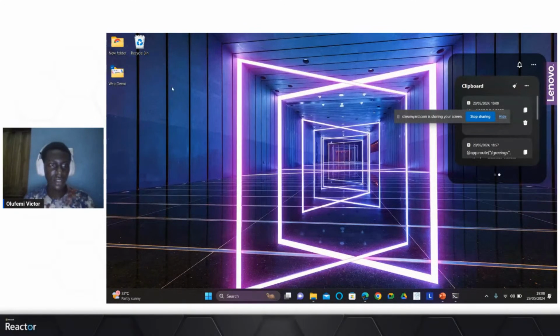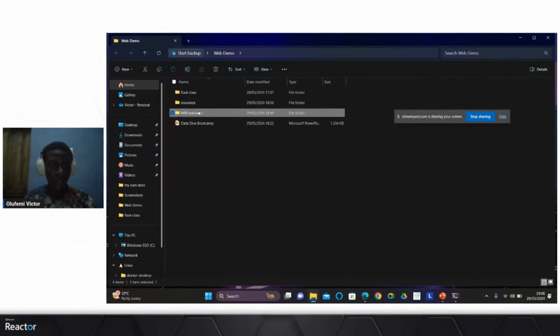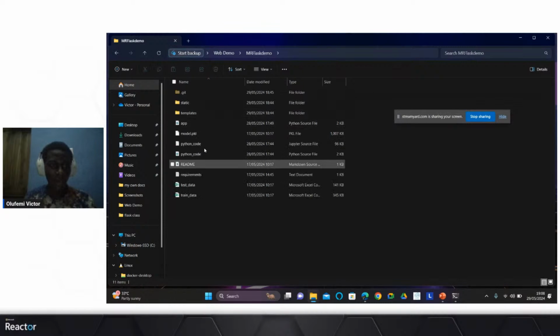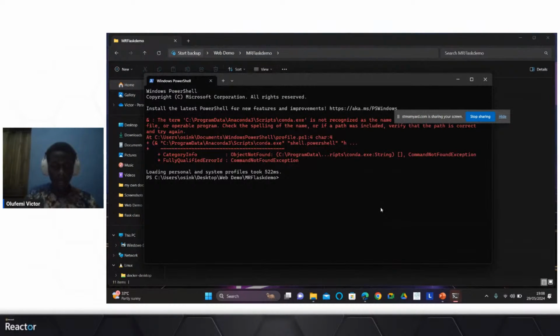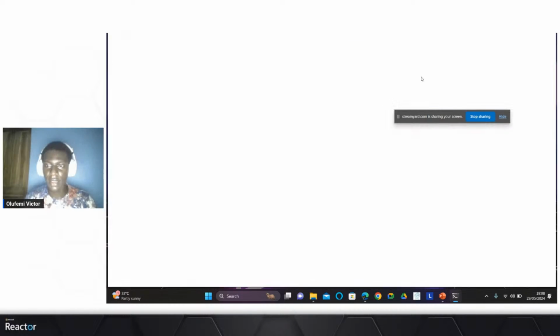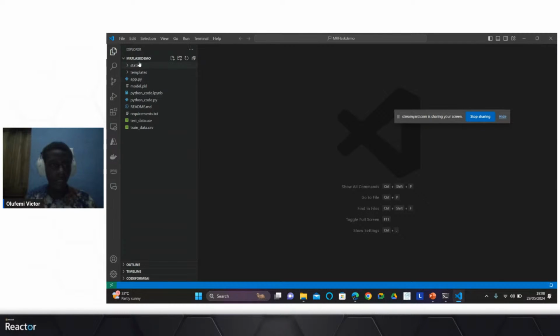Okay, so let's open it. Let's open the one in Flask demo. So let me open. Yeah, so for you folks that just downloaded it, if you are downloading it directly, you shouldn't have this problem at all. So I'm going to run it directly in Flask demo.